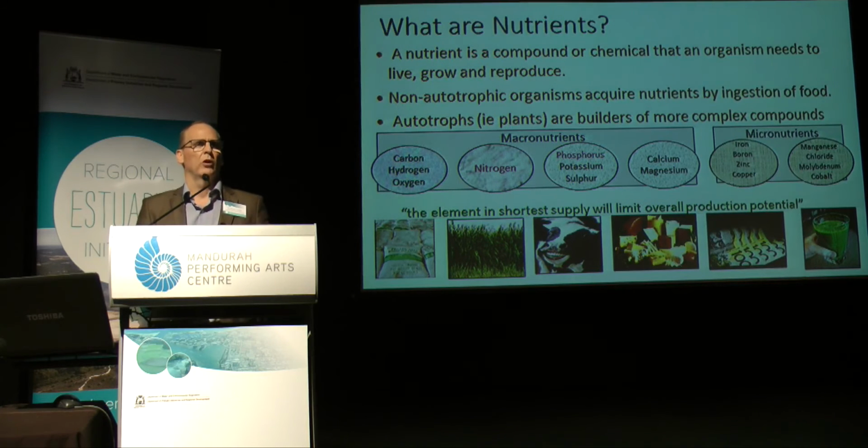And the ones I'm primarily going to be talking about are the ones that have already been mentioned, nitrogen and phosphorus. And the reason for that is, of course, they are the most limiting in relation to our agricultural production, terrestrially limiting and aquatically limiting, and therefore they're also the ones that create the greatest environmental impacts when they leave the productivity cycle and end up in that environmental cycle.